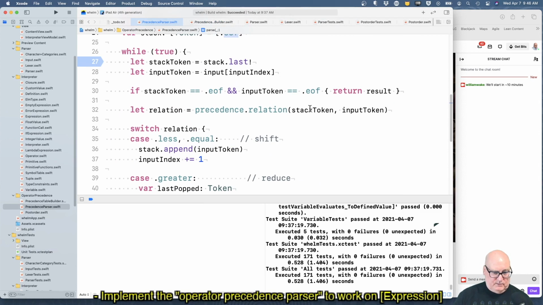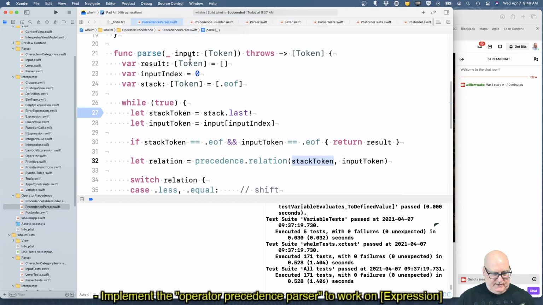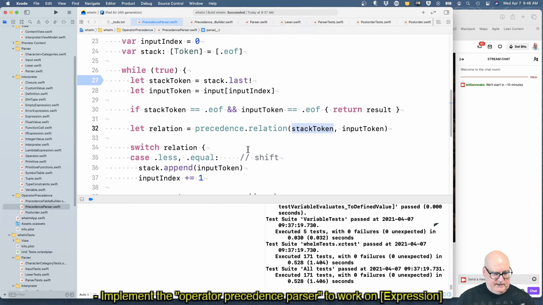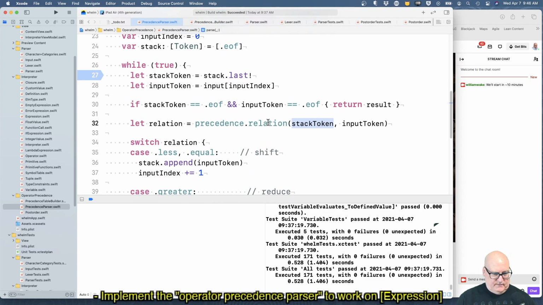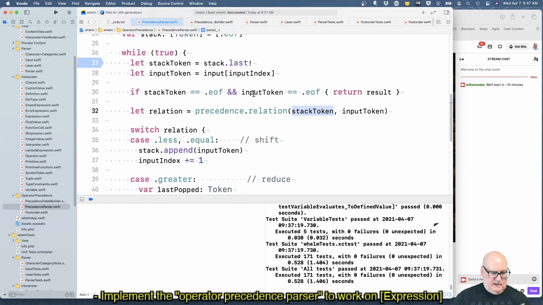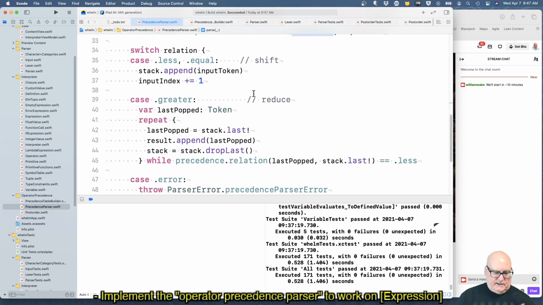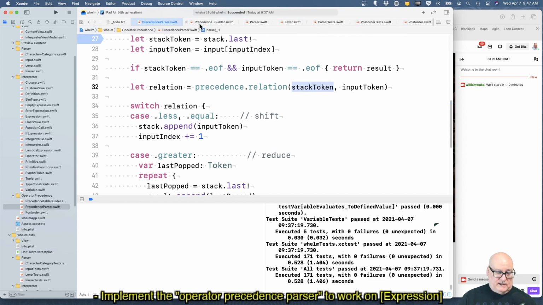When we do the comparison, we'll map the expression to a corresponding token. If it's an operator, it maps to the token the operator contains. If it's anything else, it maps to lowercase name, say. And the end of file thing, I think that says our input stream should be treated as having an input end of file. We can work on that. Maybe our operator precedence thing should add one.